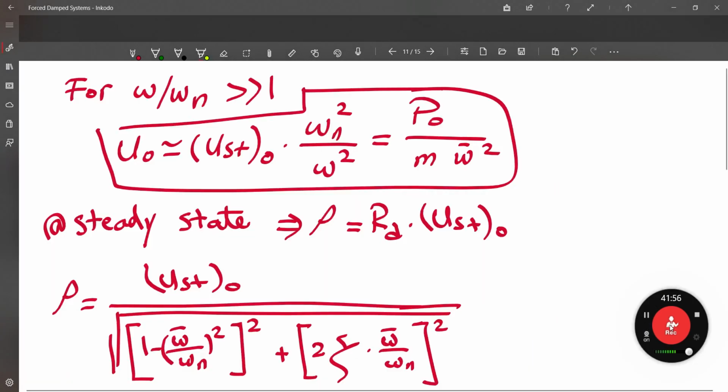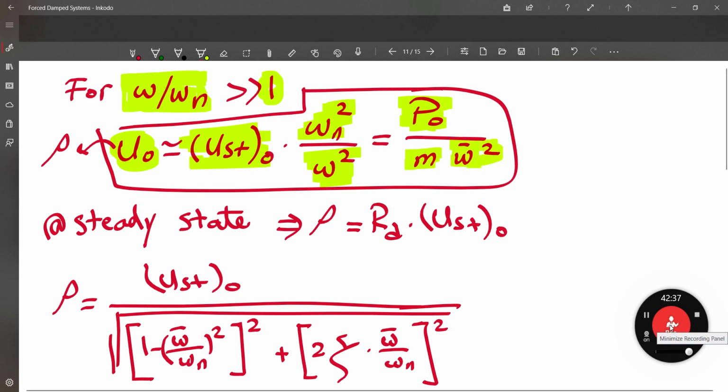Examine this part which is related to omega over omega n, because maybe it's not clear for you how the mass is going to be controlled. So in case of omega bar over omega n very large compared to 1, I'm claiming that U node, as I said many times, means the maximum dynamic amplitude, which is rho, equals the maximum static amplitude times omega n squared over omega bar squared, which equals at the end P node over m over omega bar squared. And I said that m is going to be our controlling parameter